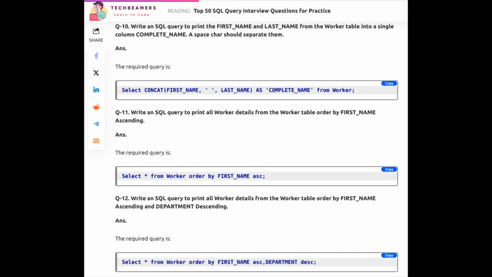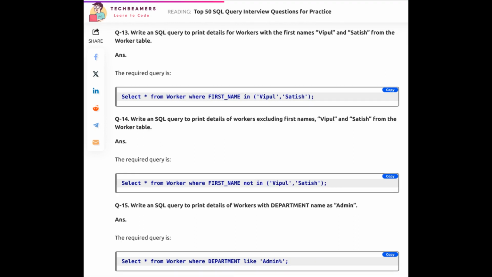Exercise 12. Write an SQL query to print all worker details from the worker table order by first name ascending and department descending. Exercise 13. Write an SQL query to print details for workers with the first names Vipul and Satish from the worker table. Exercise 14. Write an SQL query to print details of workers excluding first names Vipul and Satish from the worker